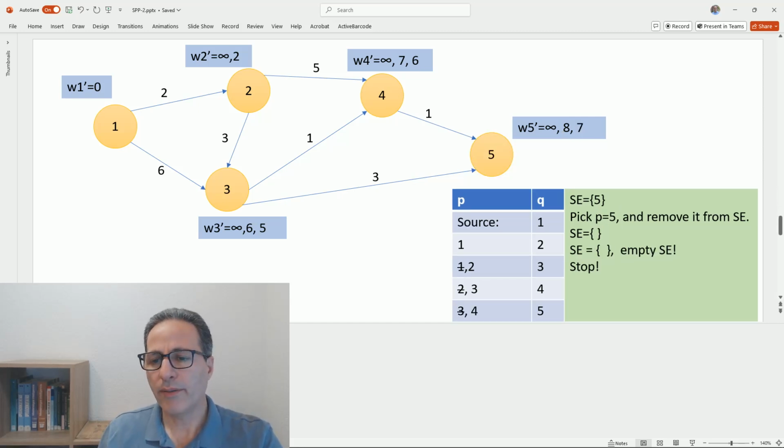We pick 5 and remove it. The scanner set is empty. From 5, there's no way to go out to another vertex to modify it. Then we are not able to modify anything to add to the scanner set. Then it remains empty, and that is the final step. Now, based on this tableau here, we can give the shortest path from vertex 1 or the source to all